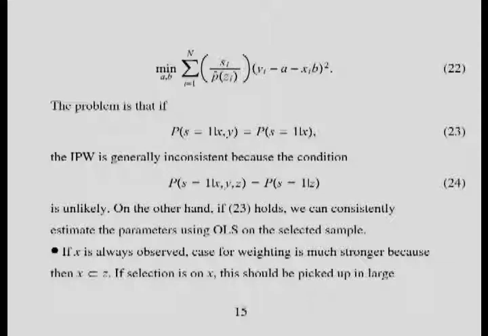The question is, should we use inverse probability weighting? Well, the answer is it depends. The answer is no if we believe 21 is just the assumption that the conditional expectation is linear. And then if we added the standard homoscedasticity assumption, then clearly we shouldn't weight, because OLS